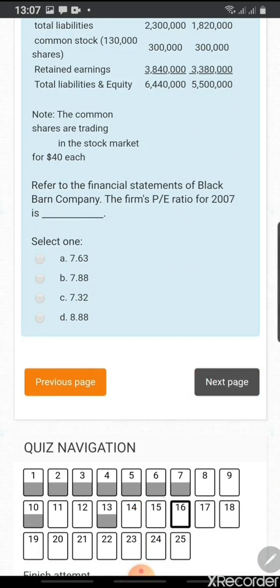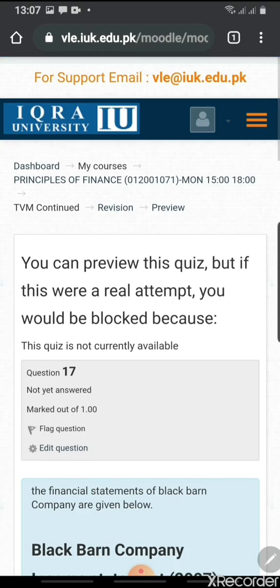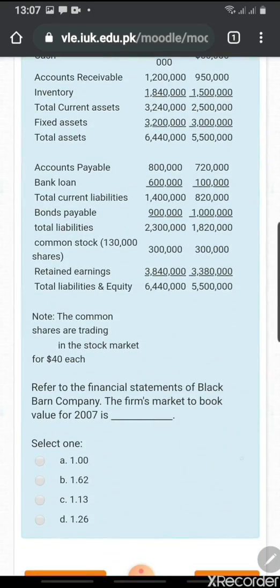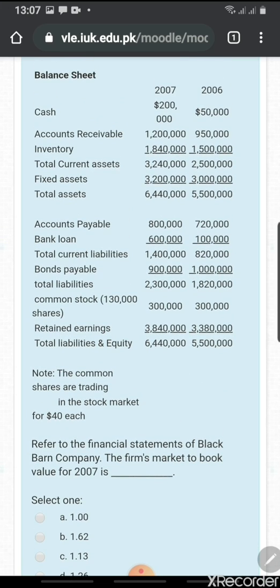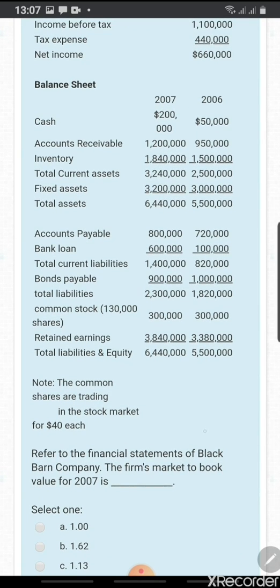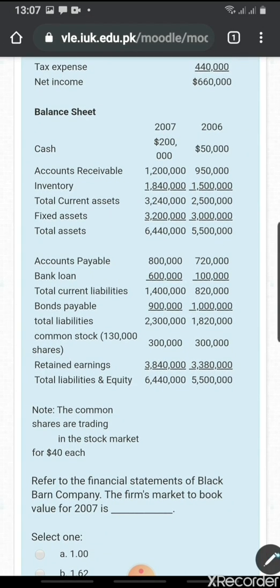Let's go to the next question. The next question asks you to calculate the market to book value. So again, the market price is given to you, and what you will have to calculate is the book value, which is common equity divided by the number of shares. So if we calculate the book value,